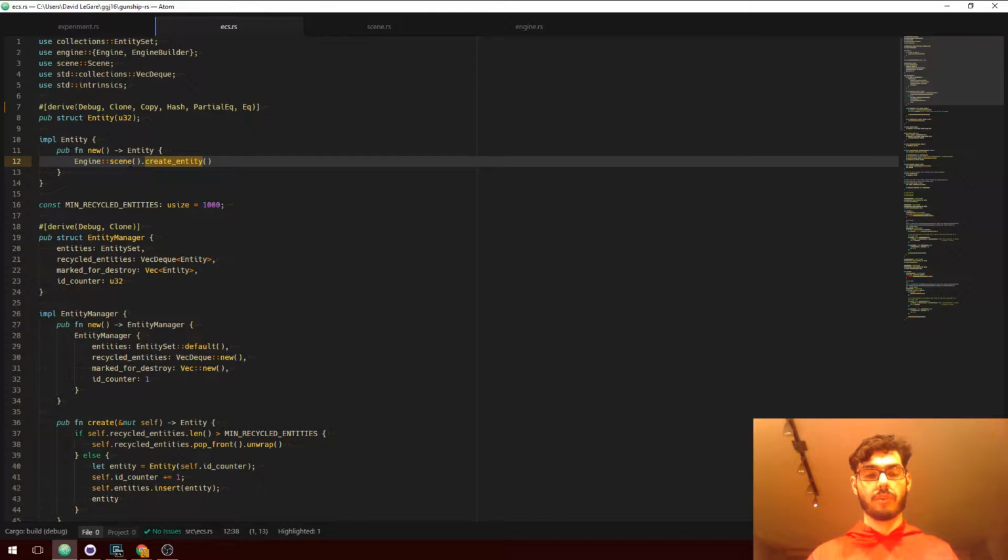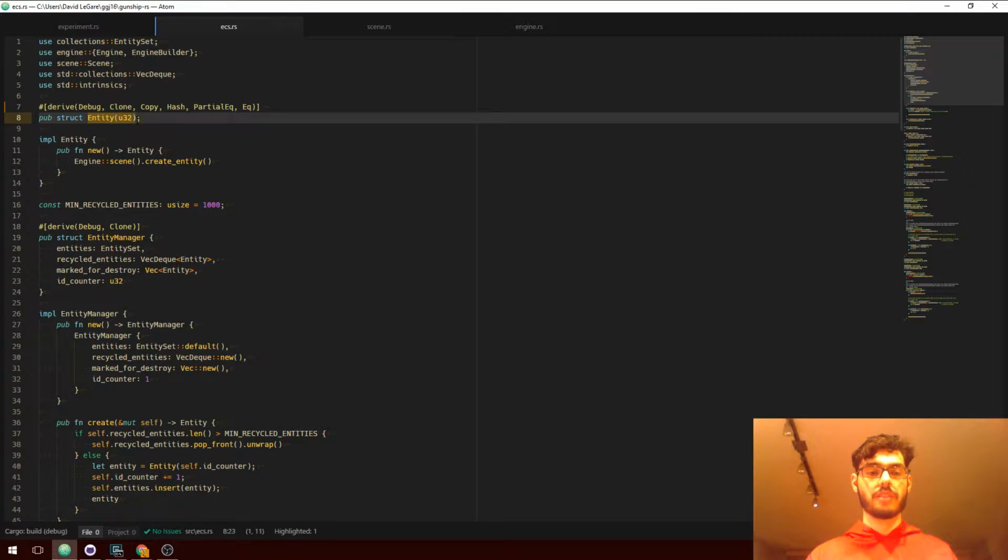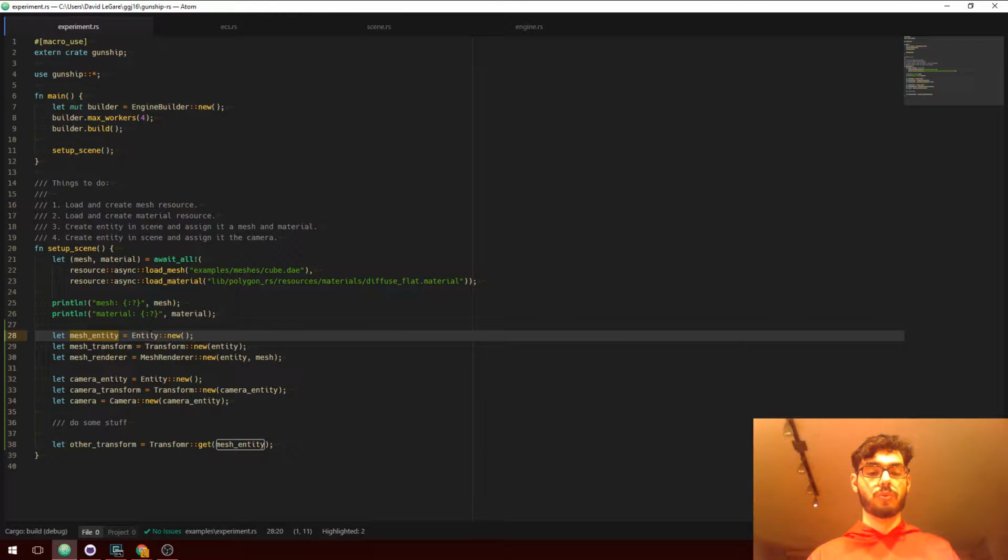If we take a look at the way that I've built entity so far, it's actually clone and copy. And the logic there was that entity should just be an ID. It should be cheap and easy to pass an entity around to allow one piece of game state data to reference another piece of game state data without actually having to have a borrow out on that other data.